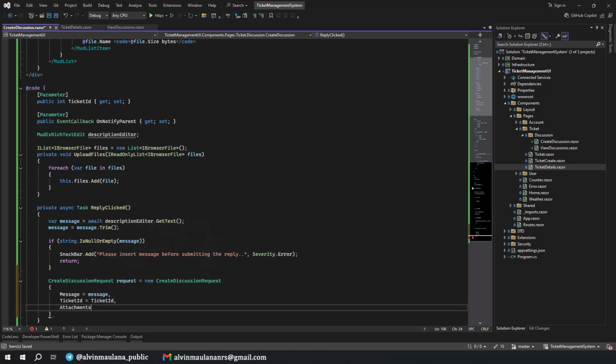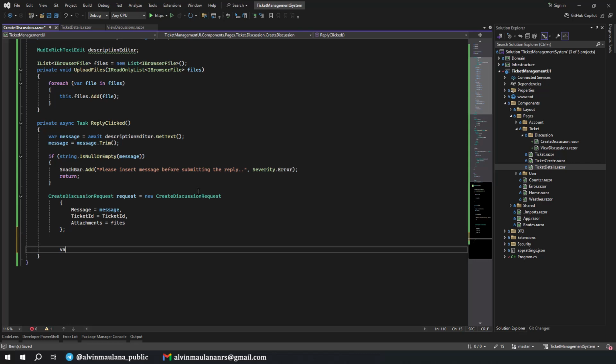The attachment comes from files. Close it. And then we submit it. File result. Await discussion service create and put the request. And then we check the result.